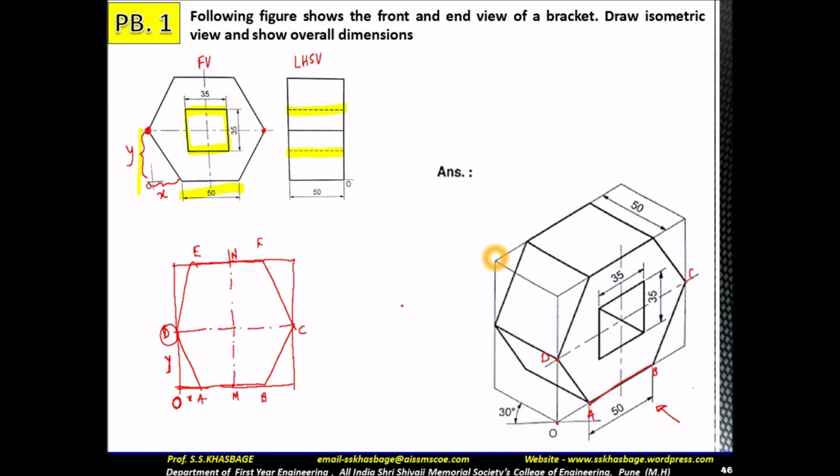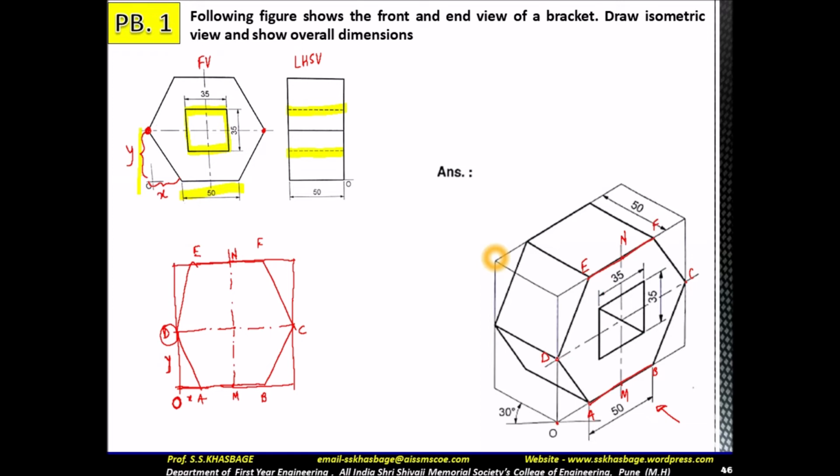Now we have to fit E and F. Now how to draw E and F? To draw E and F, first we have to draw M and N. So on this AB we have to find its midpoint M, and take a vertical straight line which is parallel to the vertical axis of the isometric axes. So we will take this vertical line, and here we will get the N. This point we don't have to show on the drawing, it is just for your understanding. Then we will draw the distance EN with the help of the helping figure, and distance NF from the helping figure.